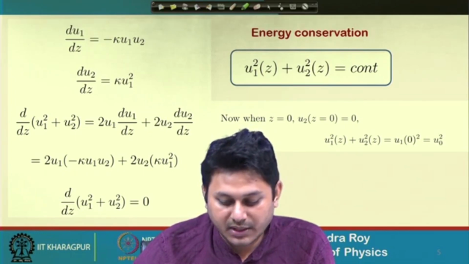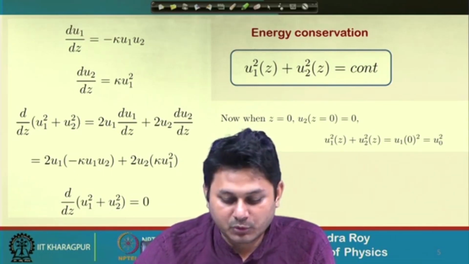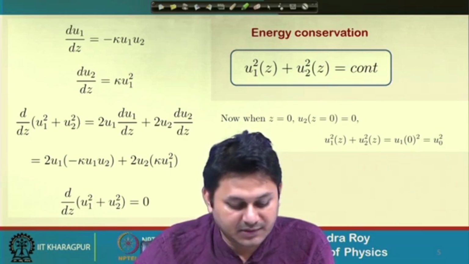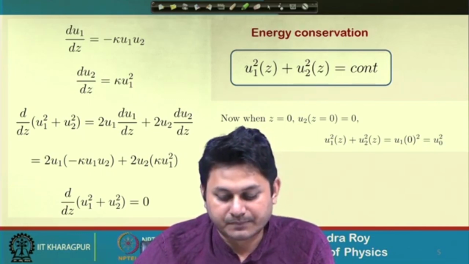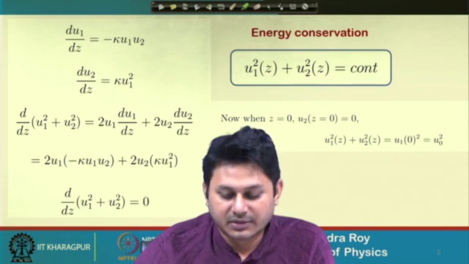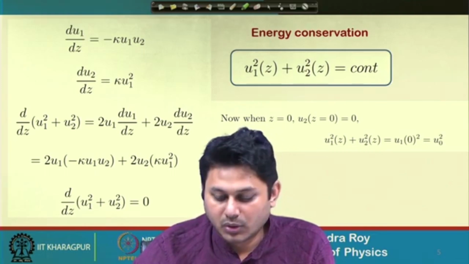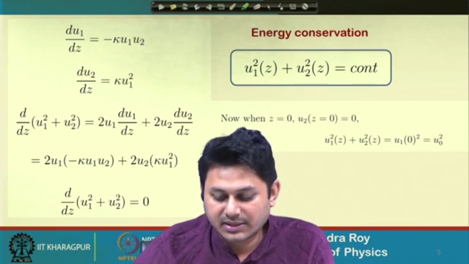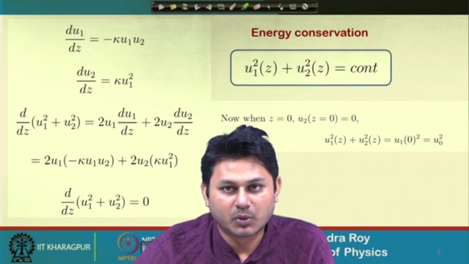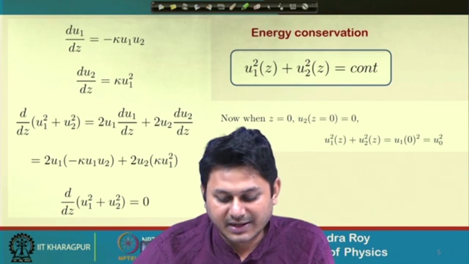So, that means u1 square plus u2 square is a constant quantity. Now, if I put the boundary condition at z equal to 0, we find that u2 at z equal to 0 is 0, but this summation is conserved. So u1 square plus u2 square at a particular z is equal to u1(0) square, or u0 square. That means the total energy at z equal to 0 is equal to the energy distributed between u1 and u2, and that is why u1 square(z) plus u2 square(z) is